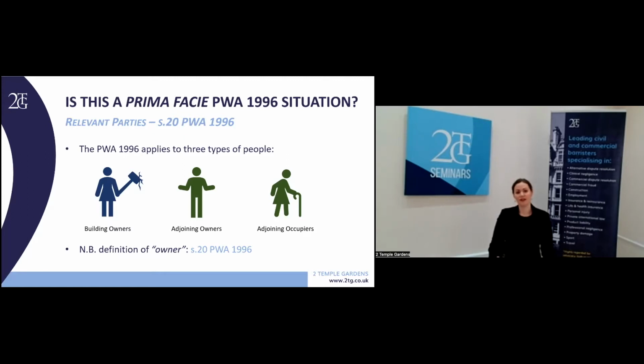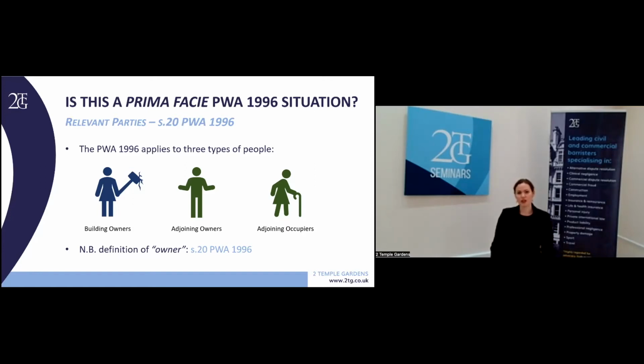The building owner is defined as the owner who is desirous of exercising rights under the Act. In other words, the person who actually wants to carry out the work to begin with, in our example, Anita. The adjoining owner is naturally enough the other party, for us, Bob. Now, depending on the situation, the adjoining owner might be the next door neighbour, which is quite straightforward, but they might also be the neighbour in the upstairs flat, or if we're talking about excavations under the Act, the owner of a plot of land which is not immediately adjacent to the building owners. So that is another area where we just need to be careful.